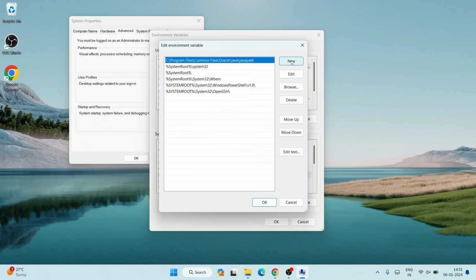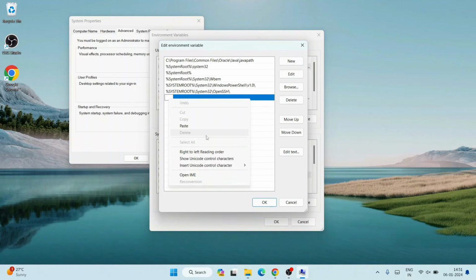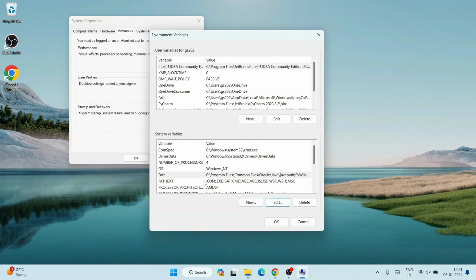So here you need to click on new and right click and paste that path over here. So that same path that you are copying right from the C program files Java JDK 21 bin folder path is what we need to paste it over here. Once you are done with that, you can just simply click on OK, and then here you need to just